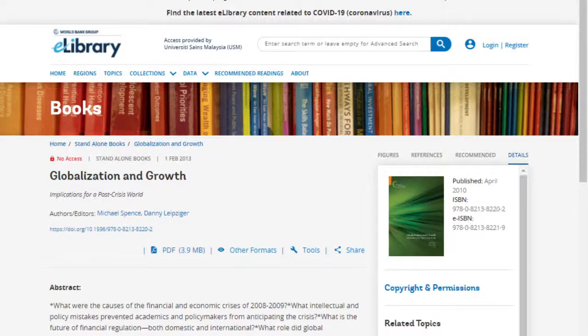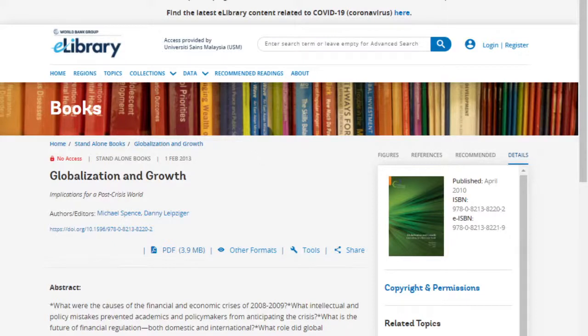So if this paper is on the topic of the impact of aging on economic growth, in the reference list there must be a lot of references related to aging and economic growth. So use the reference list to search for other papers. All right. Now let me show you